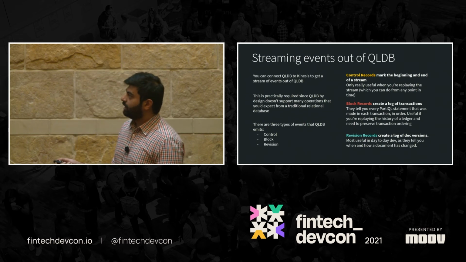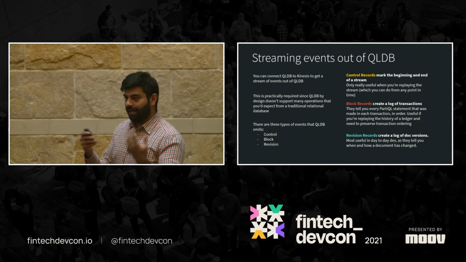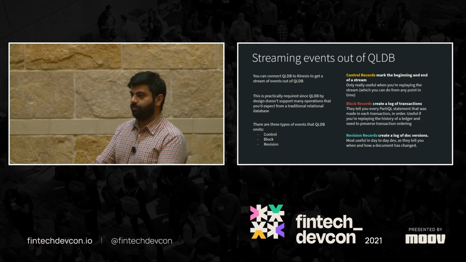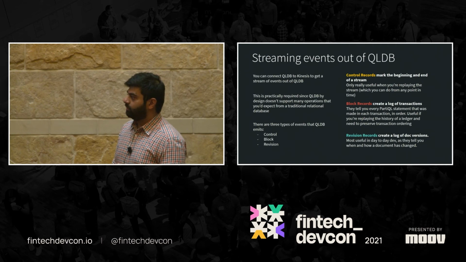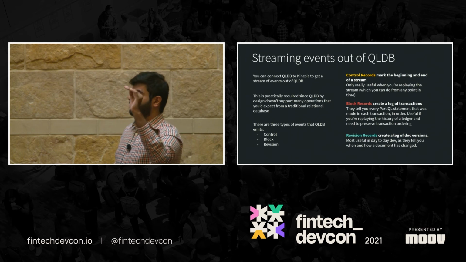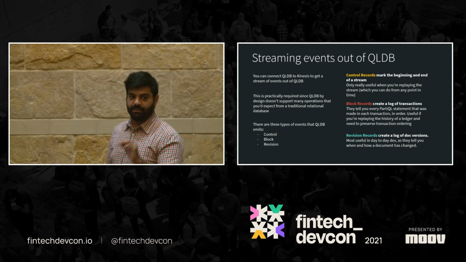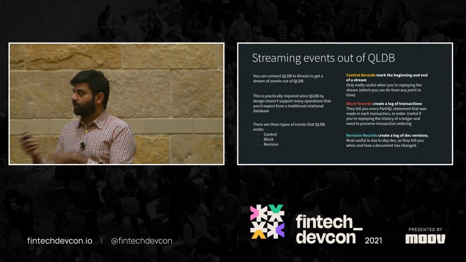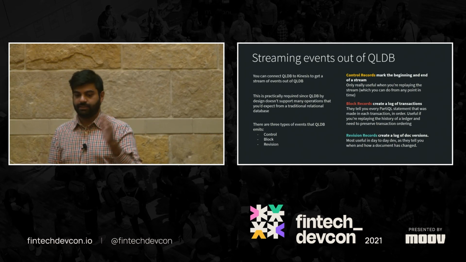So QLDB out of the box supports Kinesis as an output for all of its events, and on that stream you get 3 types of events: control records, block records, and revision records. Control records are really simple. They just say, hey, a stream started and a stream ended, with timestamps. You don't really use it day to day, but with a QLDB stream, what you can do is